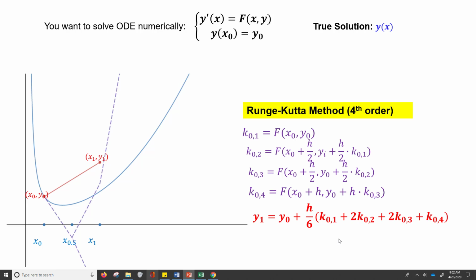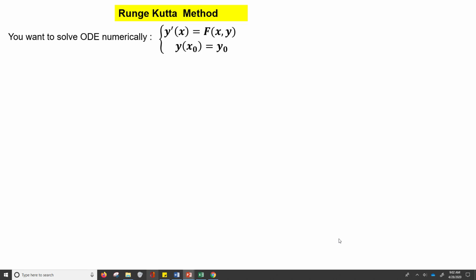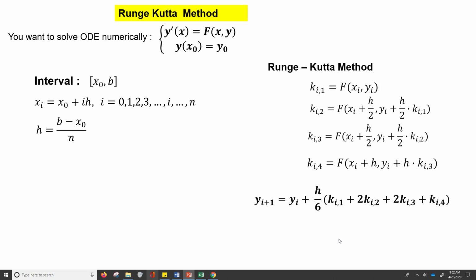All right. So the Runge-Kutta method of order 4 is given right here. You have to find 4 slopes, and it's big F evaluated at various x's and y's, and then the next step is the weighted average of those 4 slopes times your step, okay? All right. So what we're going to do